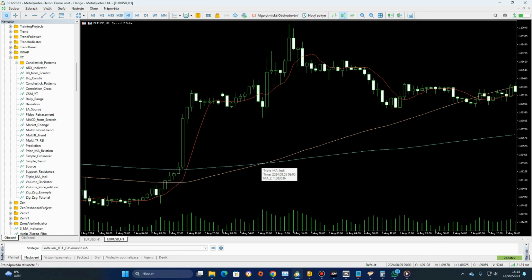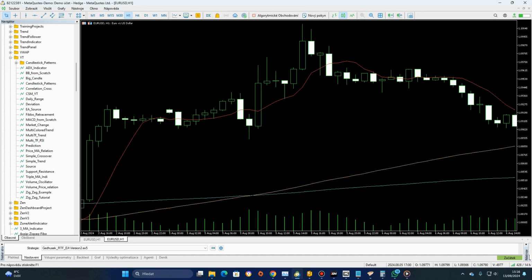We can see that the fastest moving average always goes first. So this crossover is always first and this is always second. And since we are only interested in the second shift, we can simply look for this crossover, and when it happens, we just have to check the position of this fast moving average, right? Because